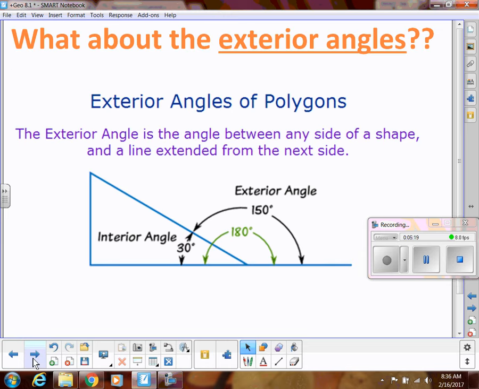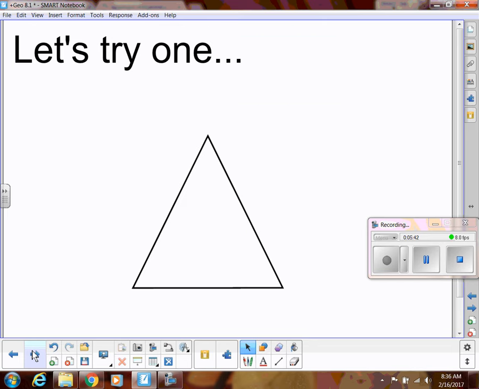All right, but what about the exterior angles? So we've talked about interior angles, and we've talked about exterior angles with triangles, right? We would talk about how the exterior angle is equal to the two non-adjacent, but also remember that an exterior angle makes a linear pair with this angle. So if this one's 30, this one's 150. Okay, so that's important. So we can do that with any polygon,